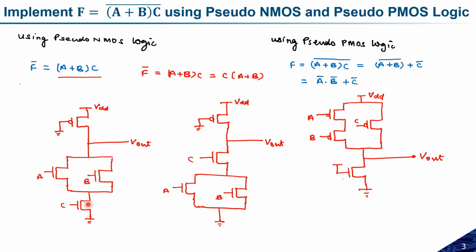Because in the pull down we have only one transistor and the resistance will be R, and in this case the worst case resistance will be R by 2. If the worst case resistance is R by 2, the internal voltage at this point will be half of this one. So if the voltage at this node is higher than this one, the effect of body biasing in this structure will be more as compared to this one. So this structure will be slower than this one. You're getting the points? This point is clear, what I explained?